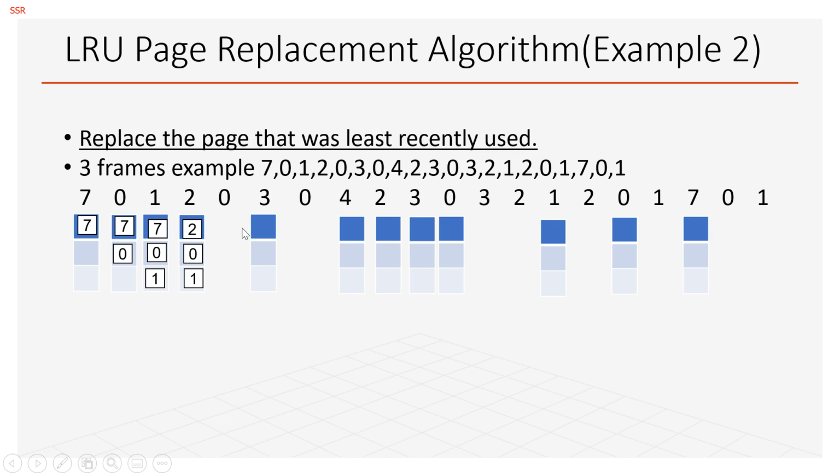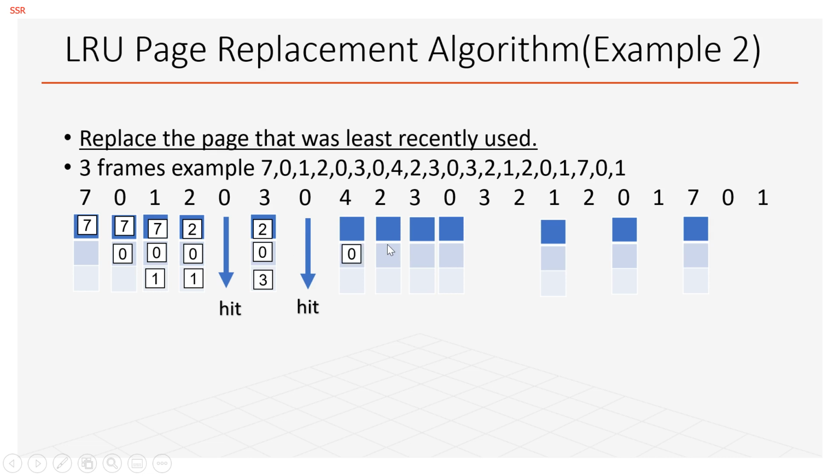0 is already present, so it is a hit. Next is page number 3. So which are the recently used pages? 0 and then it is 2. The left out frame, fill it with page number 3. 0 is a hit because it is already present. Then page number 4,